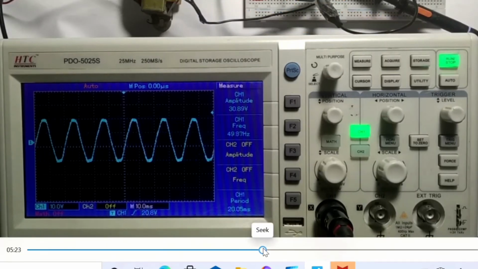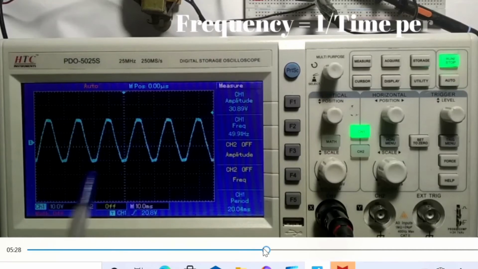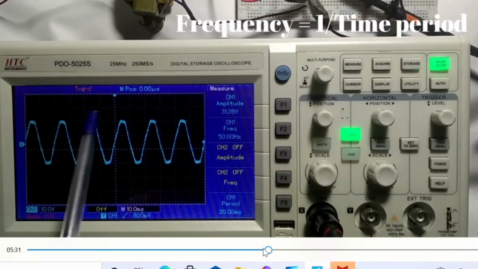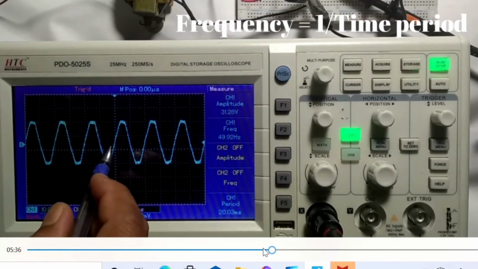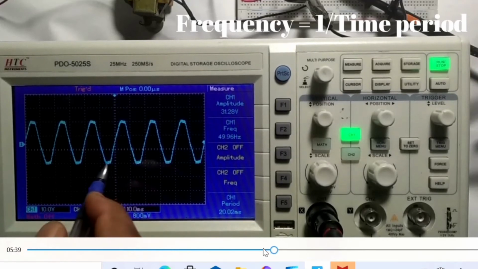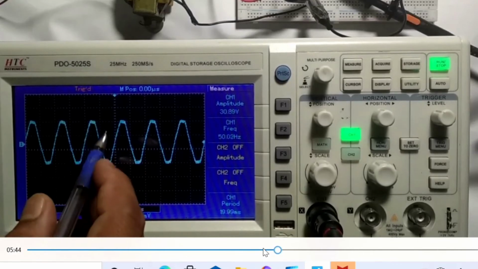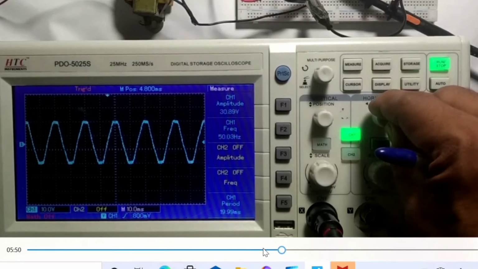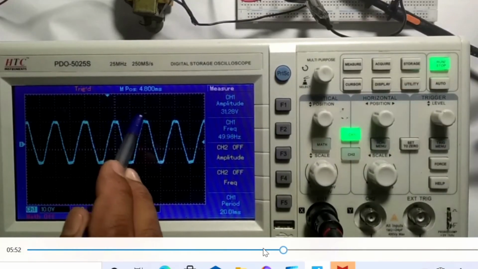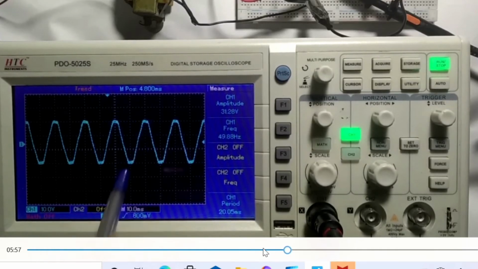Now we'll see how to find the time period, and through the time period, how to find the frequency. So frequency is equal to 1 by time period. How much time does it require from peak to peak, starting from the positive cycle to the negative cycle, to complete one cycle? Adjust the position, set the settings right, and try to find it from peak to peak. It has a positive half cycle and a negative half cycle, the whole time period in a horizontal way.